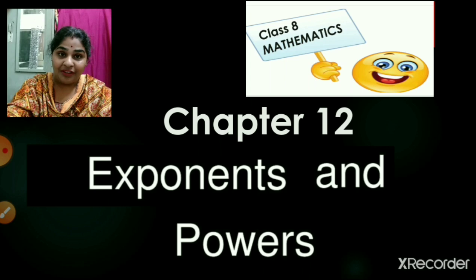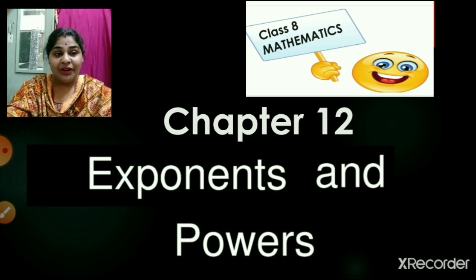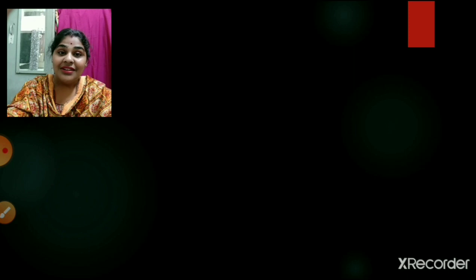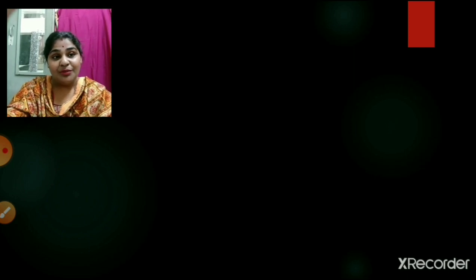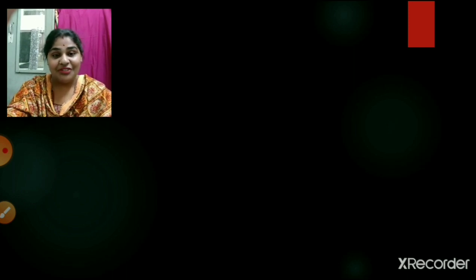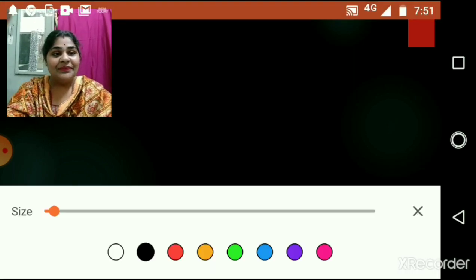Exponents and powers, children, right? So in the exercise we have started with exercise 12.1, and today we will continue with the same exercise. Before moving ahead, let us quickly revise and understand the new law of exponent which we have learned in this chapter, children, right? That is,